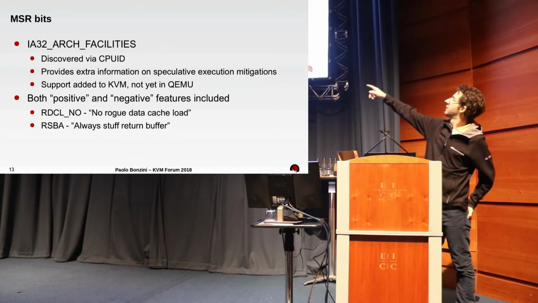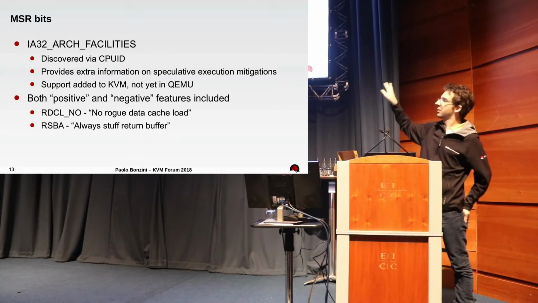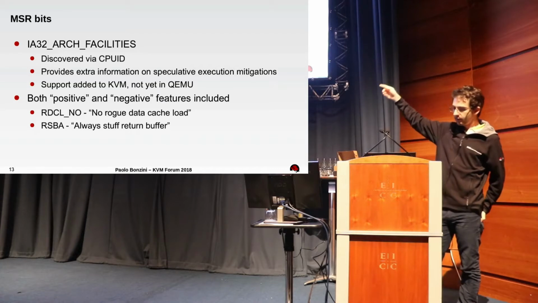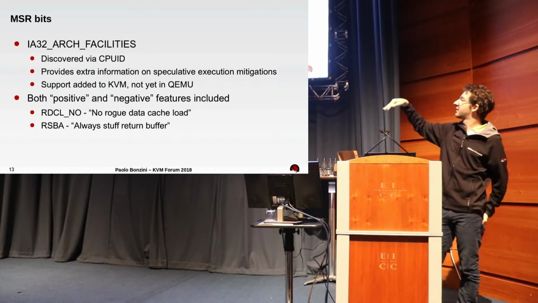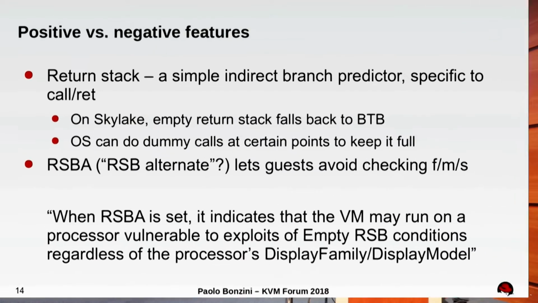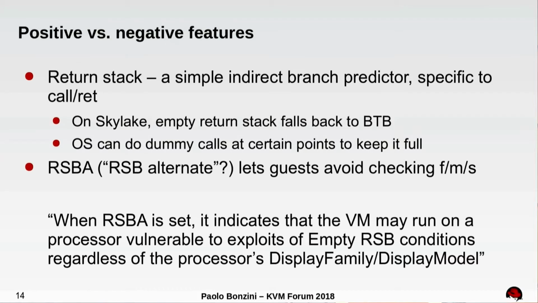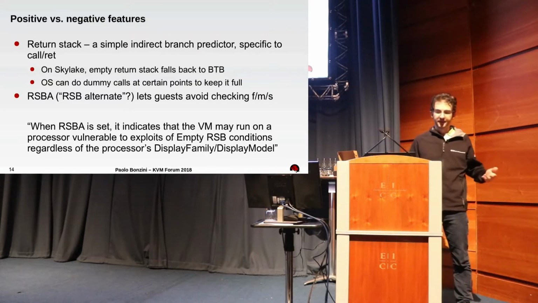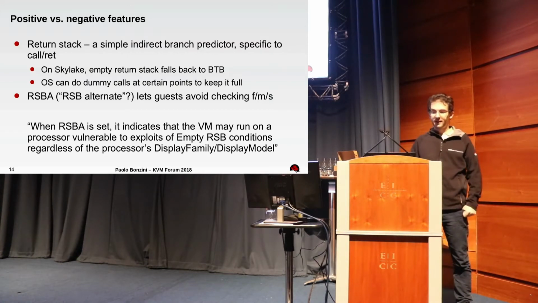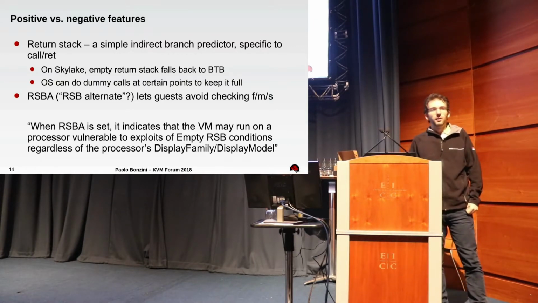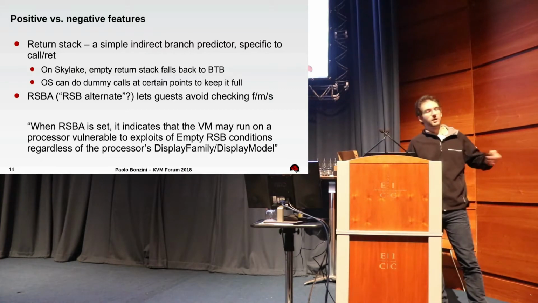For example, the first one is a positive feature. It says that the processor is not vulnerable to Meltdown, which Intel called rogue data cache load. The second one is messy because it says always stuff the return buffer. It tells you always do this mitigation. What is the return buffer? The return stack buffer is basically a simple branch predictor for indirect branches, and it's specific to call and ret. But because a ret is effectively an indirect branch, on Skylake, Intel decided that empty return stack returns could actually fall back to the other branch predictor, the one that was vulnerable to Spectre